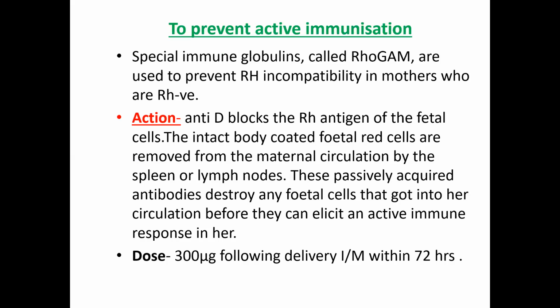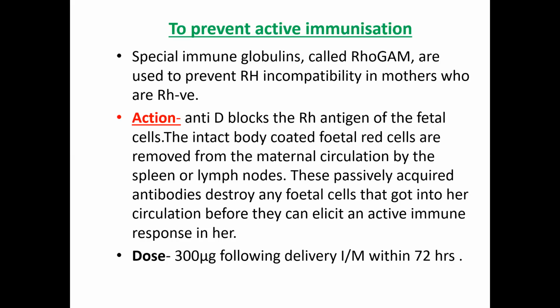Okay, तो ये करता है जनरली जो fetal circulation से RBC through the placental maternal circulation में enter होती हैं, ठीक है, उन्हें क्या करता है, मैटरनल सर्कुलेशन से रिमूव कर देता है, ठीक है, और आउट कर देता है मैटरनल बॉडी से स्प्लीन और लिम्फनोइड के थ्रू, क्या करता है, उसे क्लम कर देता है, क्लम करने के बाद उसे स्प्लीन और लिम्फनोइड के थ्रू मीन्स बॉडी से आउट कर देता है, so इससे क्या होता है कि बेबी का जो आरबीसी का जो डिस्ट्रक्शन हो रही है मैटरनल एंटीबॉडीज की वजह से, मैटरनल एंटीबॉडीज प्रोड्यूस नहीं होती है, डिस्ट्रक्शन भी नहीं होता, ठीक है।